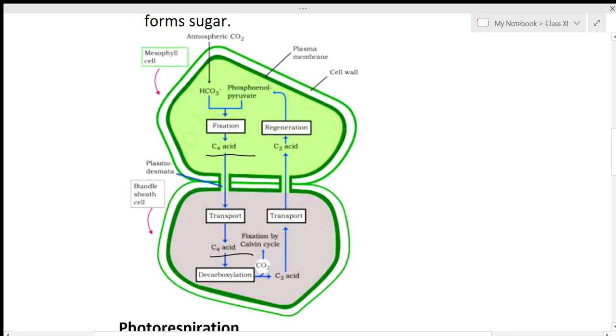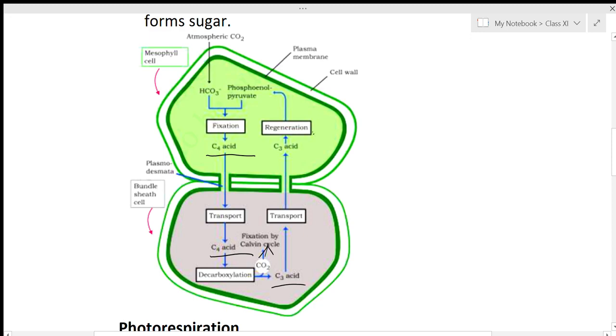Now this C4 acid undergoes decarboxylation. The C4 acid is broken down into a 3 carbon molecule and 1 molecule of CO2. The 3 carbon molecule, the C3 acid, is PGA, phosphoglyceric acid. It is phosphoglycerate. Clear? So this phosphoglycerate is produced and CO2 is released. This CO2 enters the Calvin cycle. Clear? And the C3 acid, PGA, is transported back into